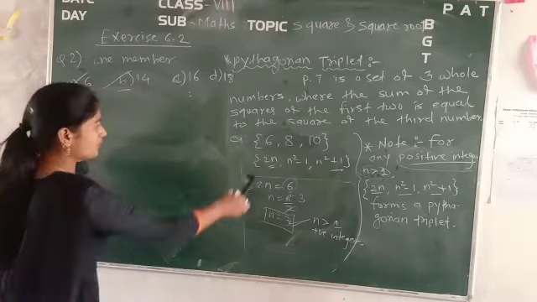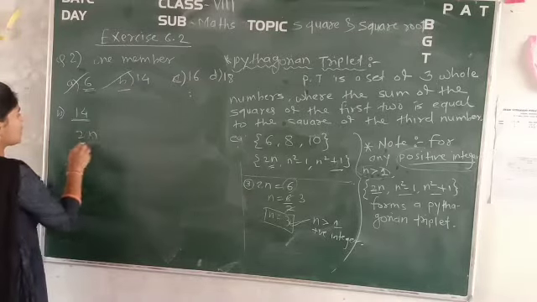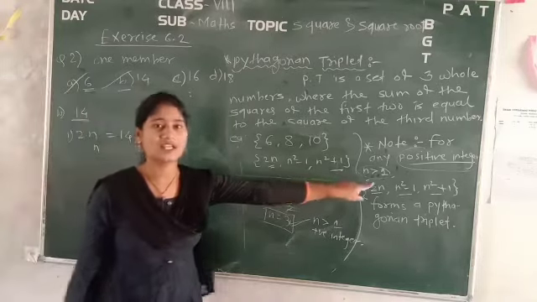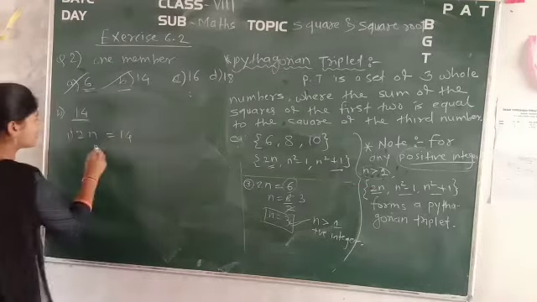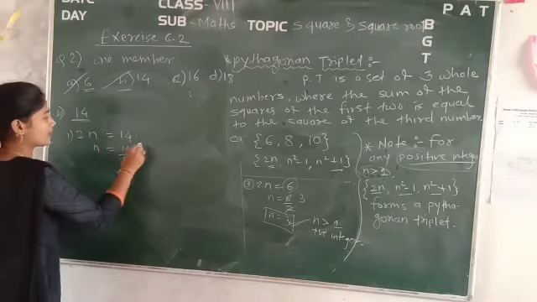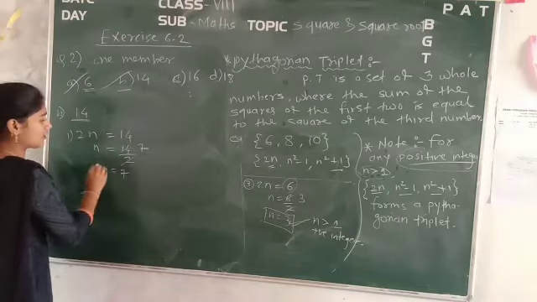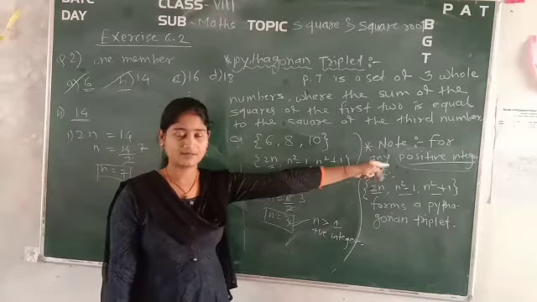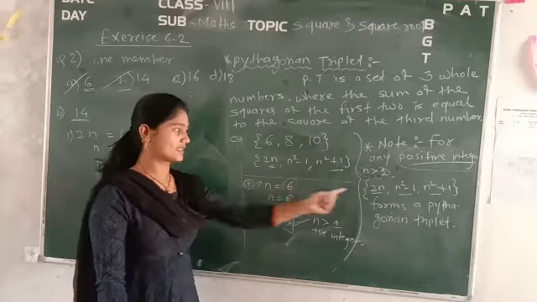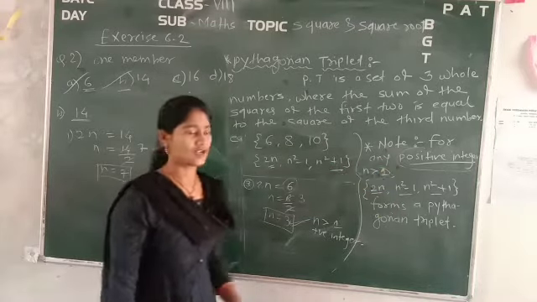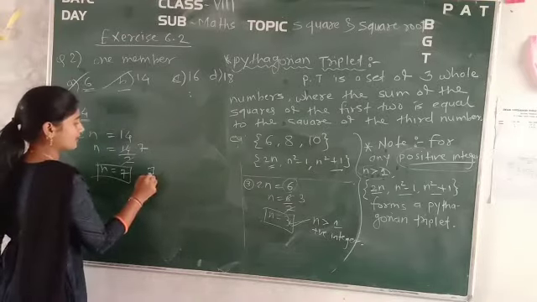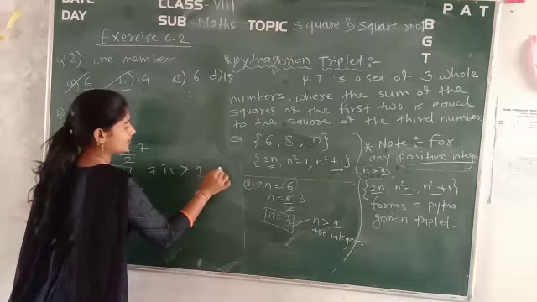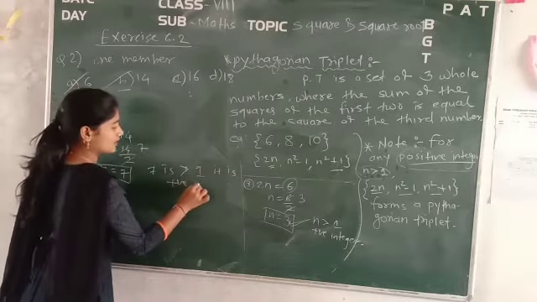Okay. So we will consider 2n, that is 2n is equal to 14. Now find out what the value of n should be; it should be greater than 1. Okay. So n is equal to 14 divided by 2. 2 7s are 14. So n is equal to 7 we got. Is this 7 greater than 1 as well as a positive integer? It is greater than 1 and it is a positive integer.